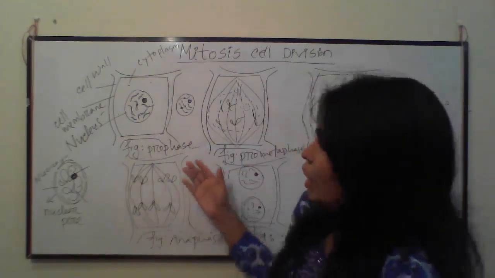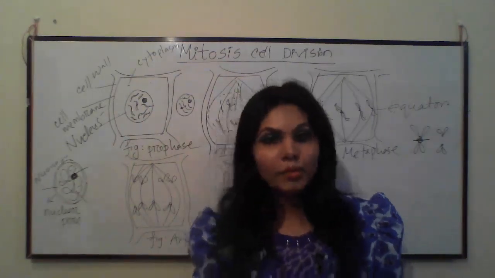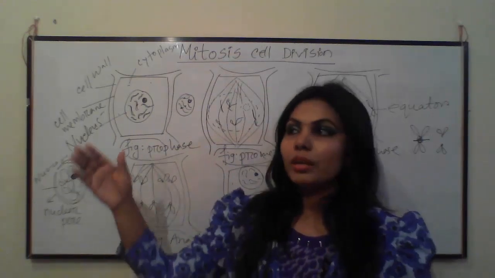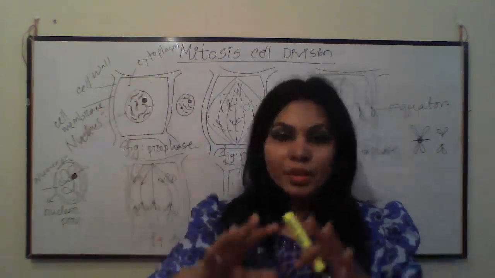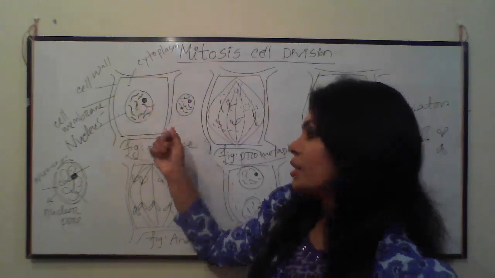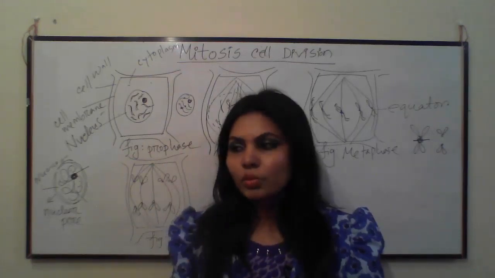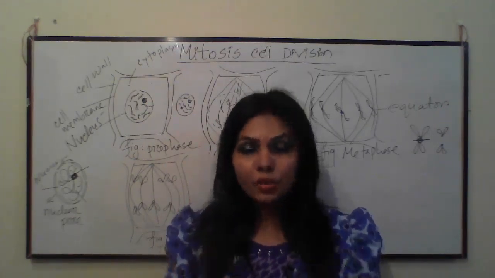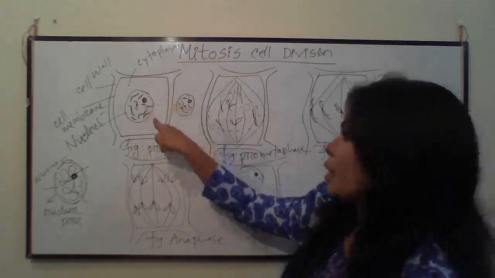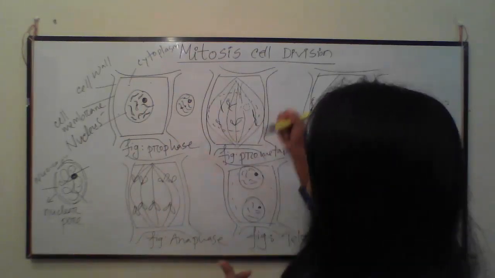So just see, in karyokinesis there are five stages. Number one, prophase. Number two, prometaphase. Number three, metaphase, then anaphase, and telophase. In prophase, the nucleus becomes bigger in size, and due to dehydration the chromatin fiber condenses and makes chromosomes, and then they divide and make two sister chromatids joined at their centromere. In prometaphase, the nuclear membrane and the nucleolus totally disappear. And another thing, this is called the spindle.